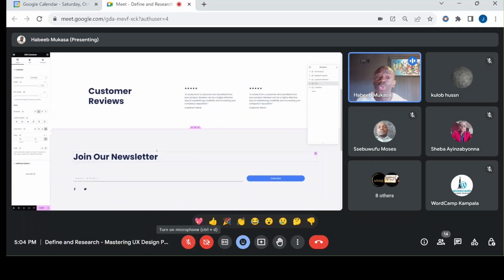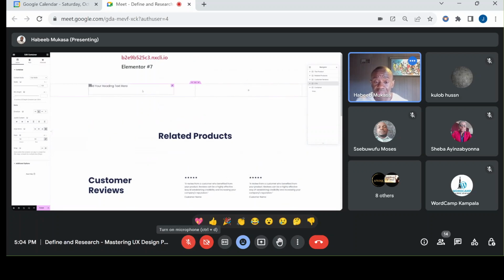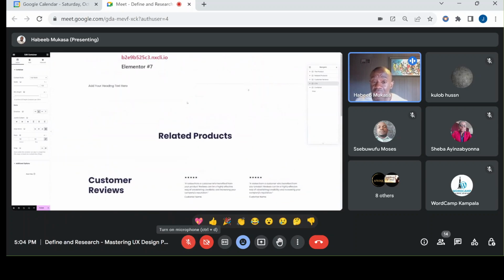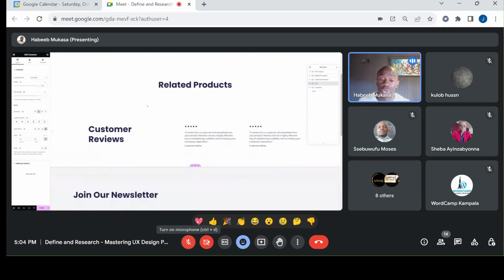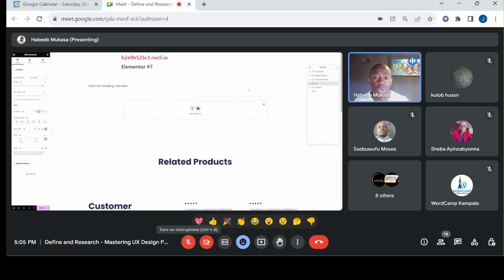So personally, if I'm doing something really fast, I'll come and get the absolutely plain ones here. And this is something that you can also design yourself, create it, and then export that template and reuse it. Elementor has that feature as well. You can export templates and then use them. But be careful that you don't end up having all your websites looking the same way. But if it's one particular area that you tend to get a lot of clients asking about,